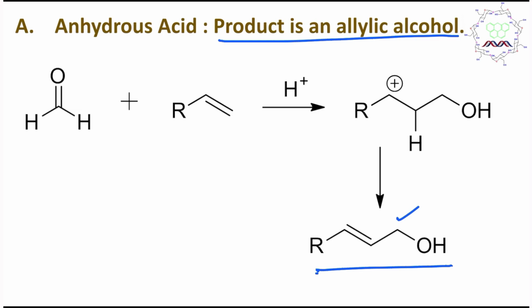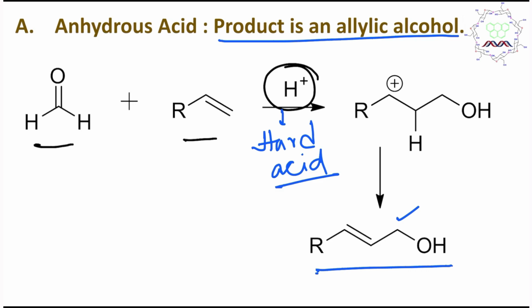Now what happens here? In this case you can consider that it is aldehyde, and this is the alkene, and this is proton. Now we know proton is actually a hard center, or you may consider it is a hard acid. So it will prefer to add with a hard base, and in this case this aldehyde is the hard base, because the aldehyde oxygen is very highly electronegative, electron density is more, and it has two lone pairs of electrons. That's why this is a hard base.